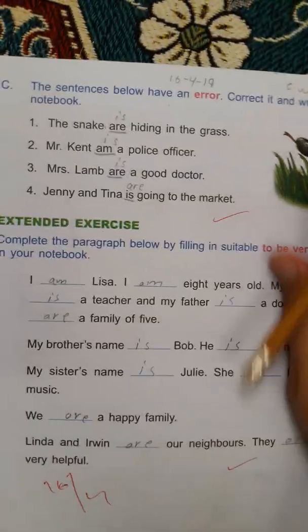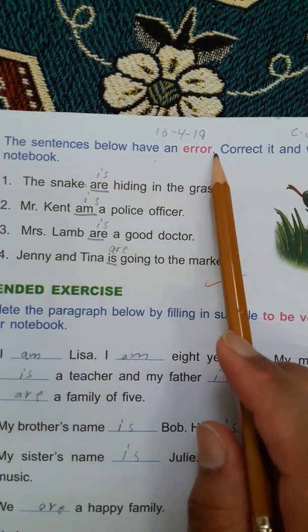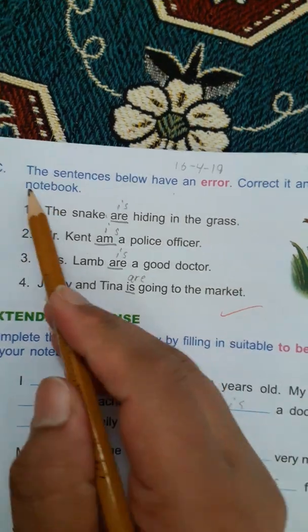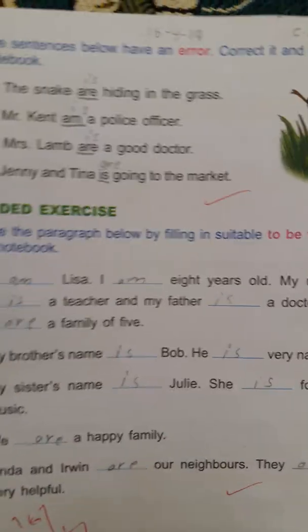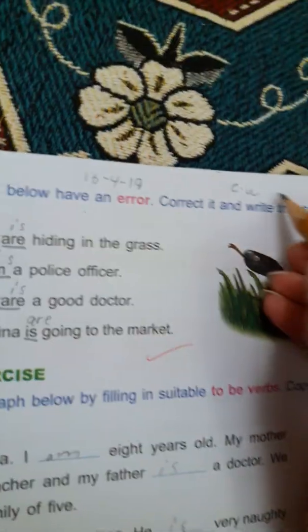The last exercise, last page of lesson number 4, page 16. Okay, the sentences below have an error. Correct it and write the sentences. Don't write in the notebook, but we can write this in our notebook. Okay, done. This exercise is HW